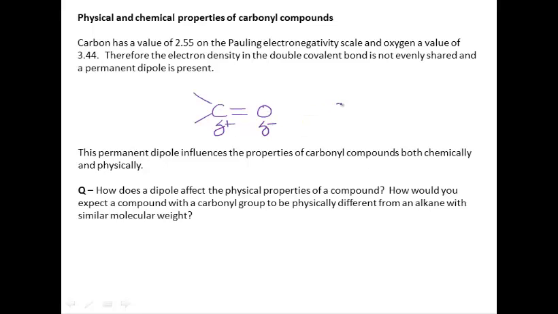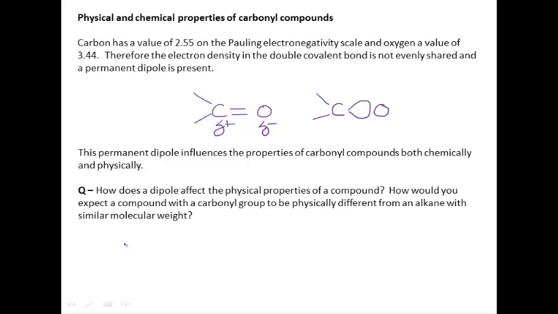It's also sometimes useful to think about it in terms of the molecular orbital between the carbon and the oxygen, which in this case is distorted over towards the oxygen like that. This permanent dipole influences the properties of carbonyl compounds, both the chemical and the physical properties. So the first question here is, how does a dipole affect the physical properties of a compound? How would you expect a compound with a carbonyl group to be physically different from an alkane with a similar molecular weight? So the important parts of this question are talking about the dipole and also how it affects the